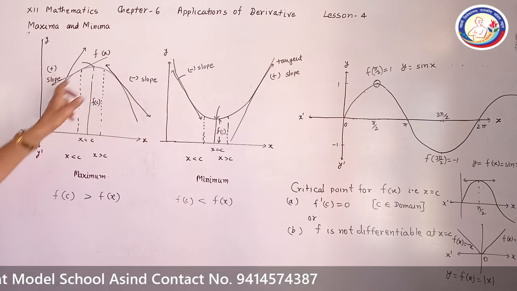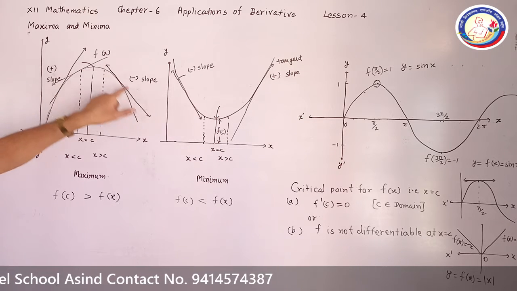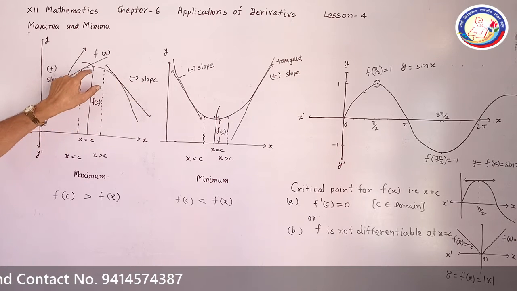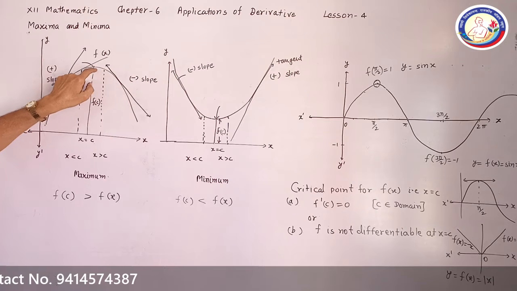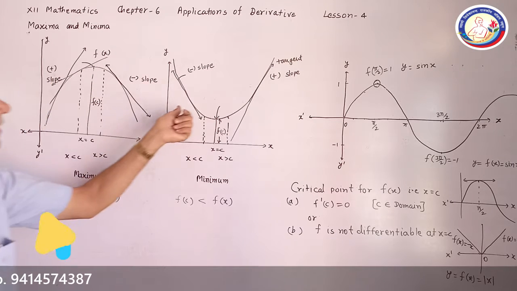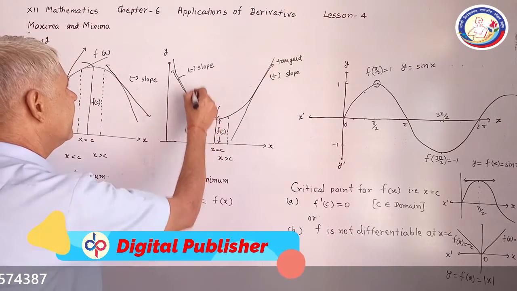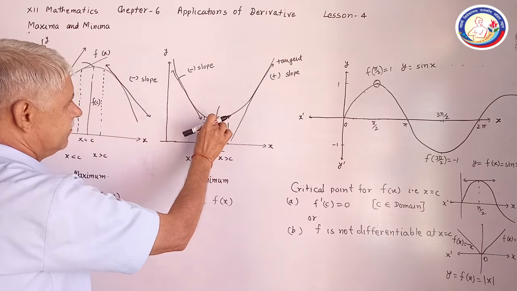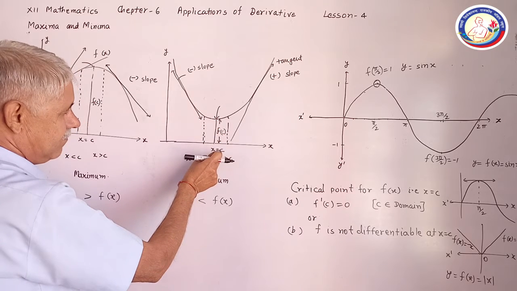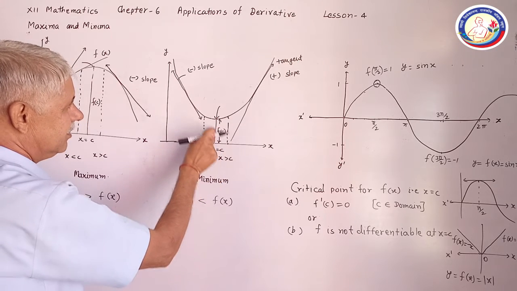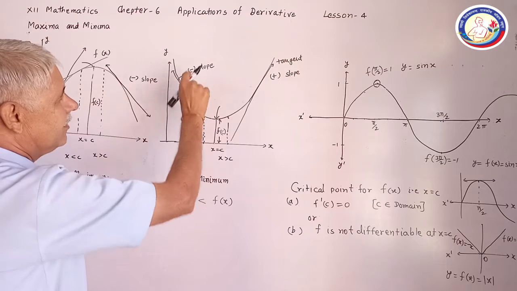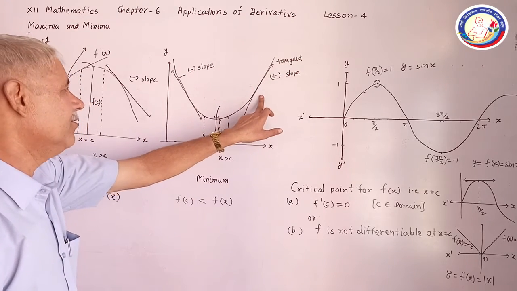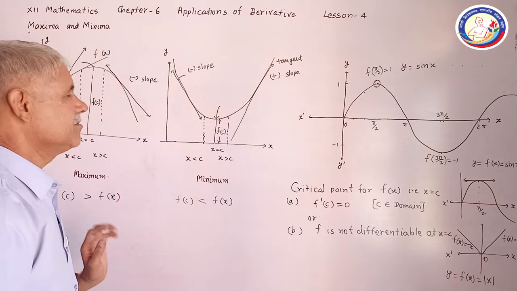So the function is increasing in this part and decreasing in this part. If the slope is negative, then it is decreasing, and here it is always increasing up to x equal to c, f(c). And here the condition is reversed. For each point with x less than c, the tangents will have negative slope, and here the tangents will have positive slope. So in two ways we can understand the